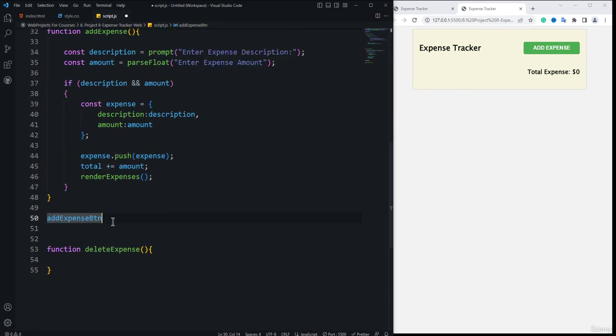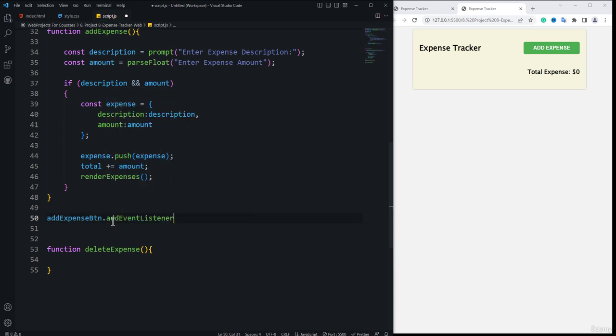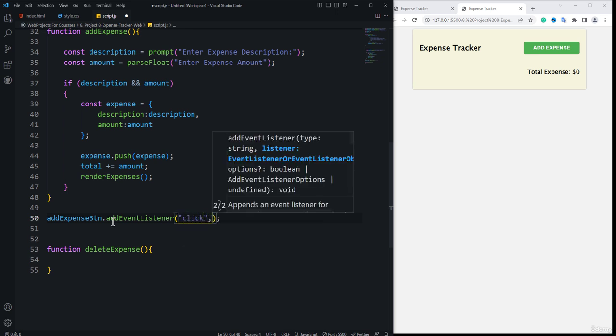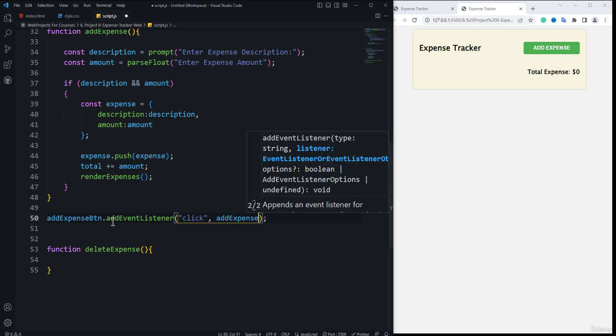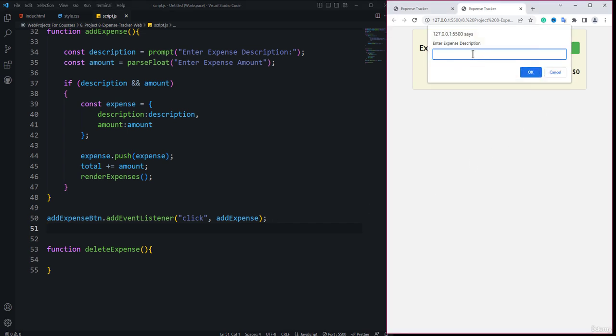Okay. So for that, btn.addEventListener. We are going to add the event listener, and the event that we want to listen for is the click event. So we need to specify click, then a comma, and then call the function, which is the addExpense function, as a callback. So once I save it and click on this button, you can see now the prompt is appearing. If I enter the description, like cola, and click OK,